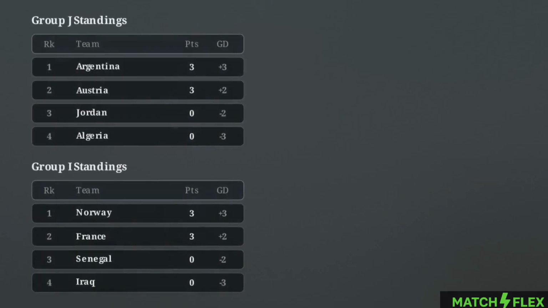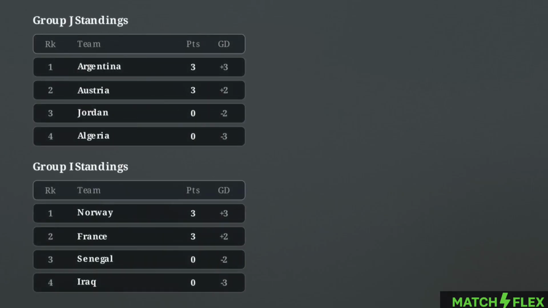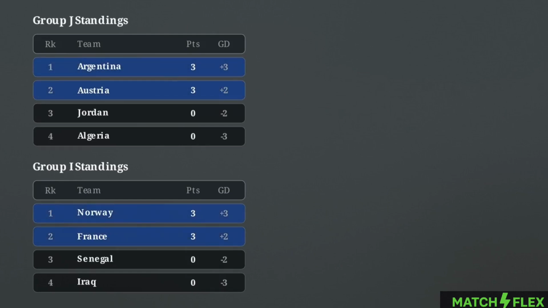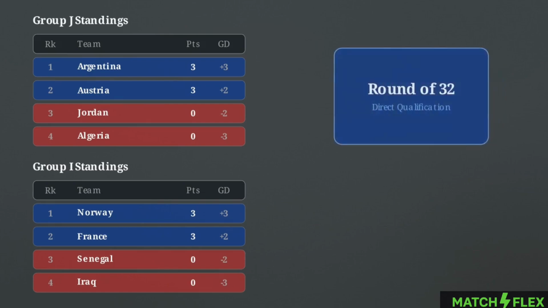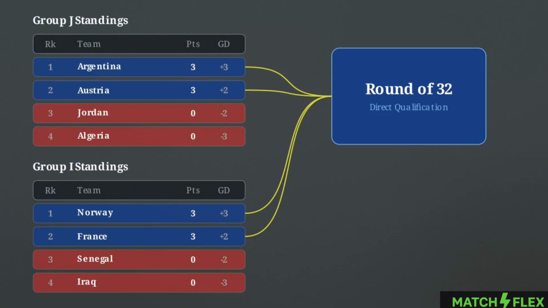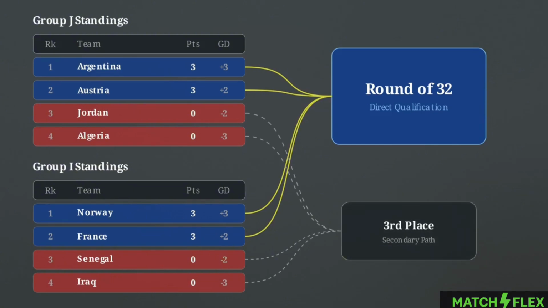This dashboard outlines the exact stakes heading into these 90-minute blocks. In Group J, defending champions Argentina and Austria both sit comfortably on 3 points. Meanwhile, Group I sees Norway 0 and fighting for their tournament lives. Look at the mathematical pathways extending from these standings. Securing a top 2 finish here guarantees advancement and a highly favorable draw in the round of 32. For the teams at the bottom, anything short of a win means relying on the slim hope of a third-place